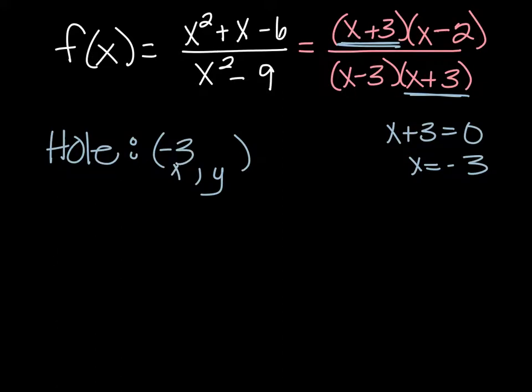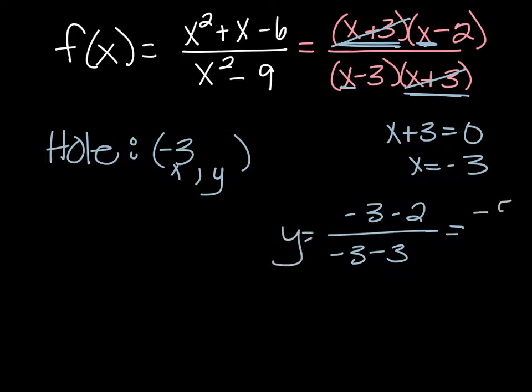So to find the y value, I'm going to ignore the common factors, and I'm going to put in a negative 3 for x. So again, what I did is I plugged in a negative 3 here and a negative 3 there. So the y value is going to be negative 5 on the numerator, negative 6 on the denominator, which means it's a positive 5/6. And with a hole, very often we do have a y value that is going to be a fraction. I'm going to do one other piece here,